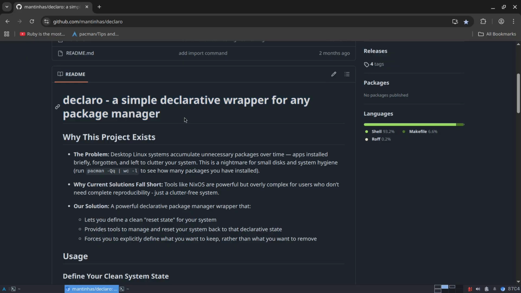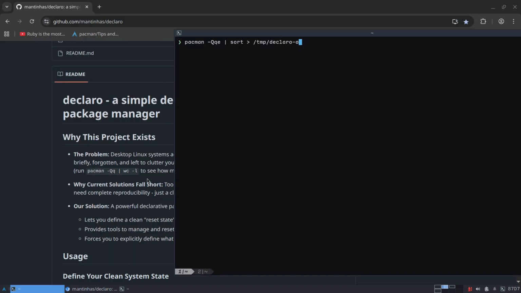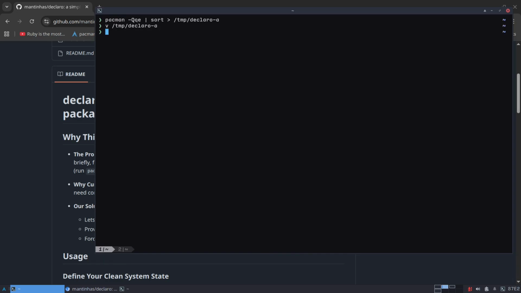So I found this tool, Claro, which is somewhat what I want to do, and it does what I used to do, something like this. So this is a list, and then you manually keep track of this list, add stuff and remove stuff, and then for example,